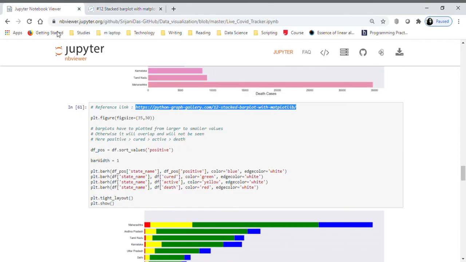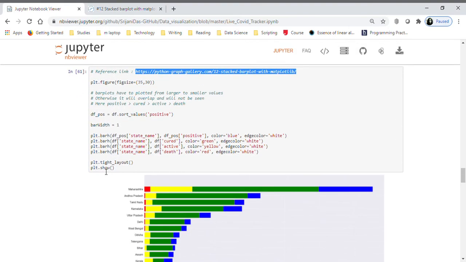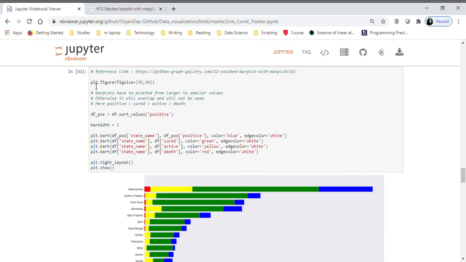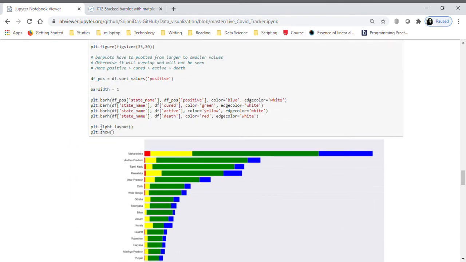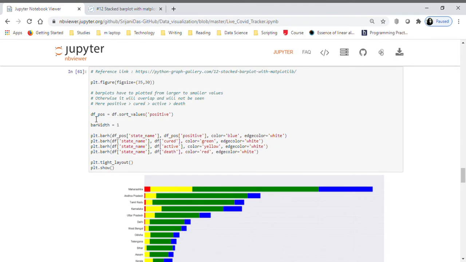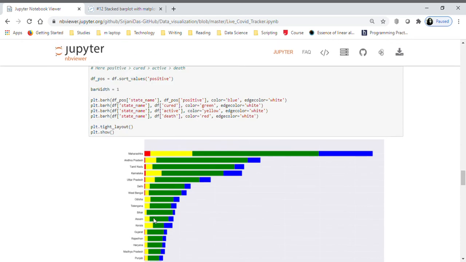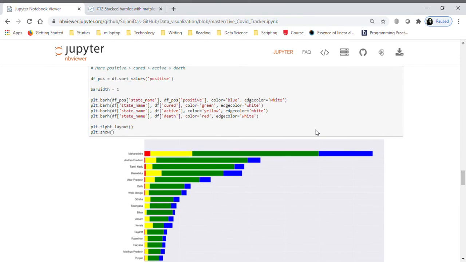So let's get back to my use case again. What I did here again, mentioning the figure size, then this one. I will explain this at last. Bar width is just for the width. We can control it, you can give whatever you want. So here, if you give bar, it will give you vertical. So the bar plot will be vertical by default. If you want horizontal, you have to use barh.